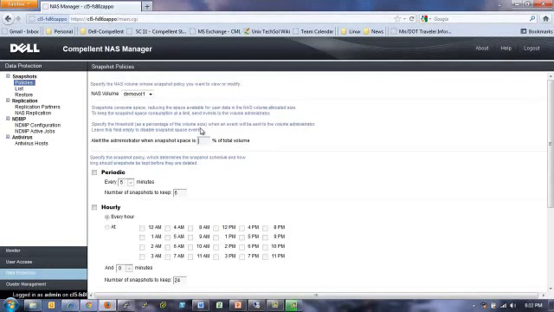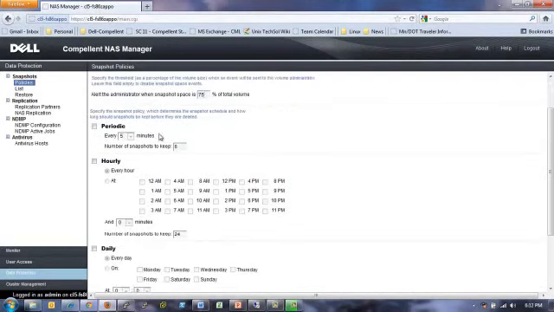Also, it should be known that snapshots take up space within the NAS volume. So we want to set a percentage threshold at which our administrator is alerted when snapshots have consumed a certain percentage of the total volume space. We're going to set this to 75% for the purposes of our demo. As we scroll down, we can select